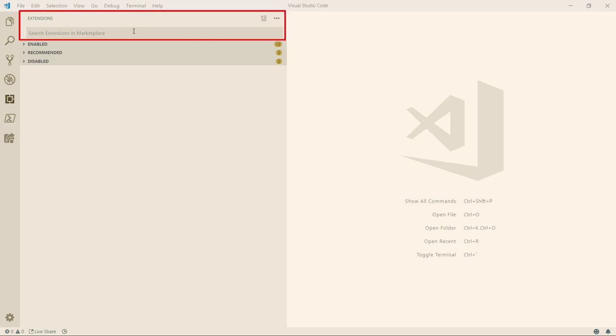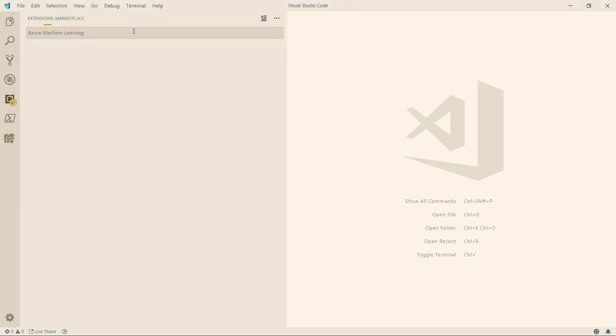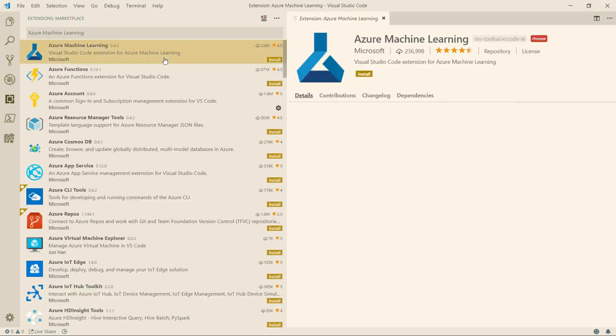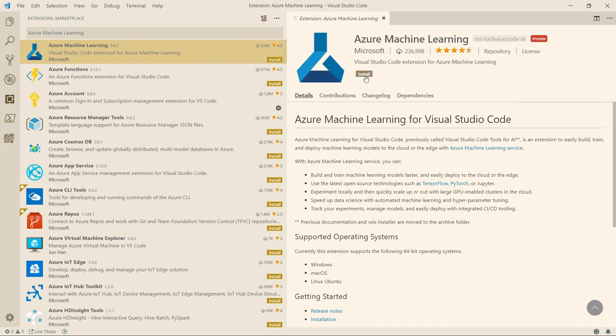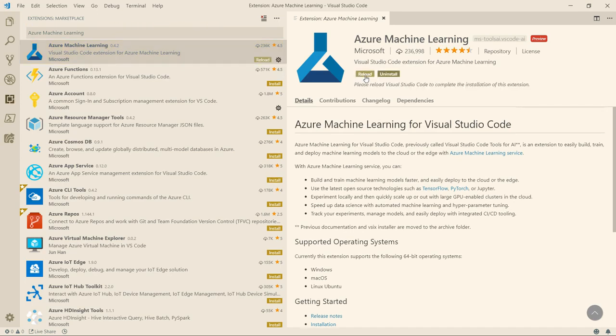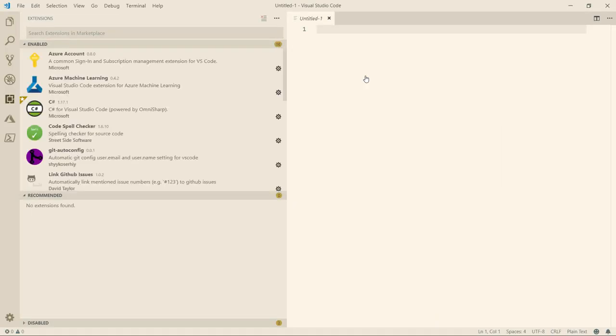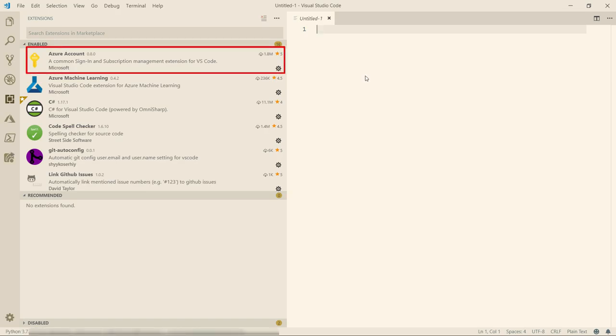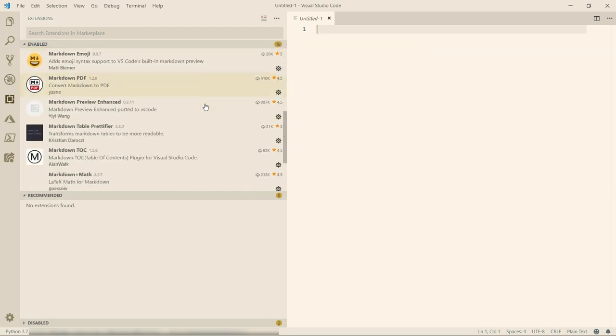Let's go to Extensions and now search for Azure Machine Learning. There it is. Let's click Install and there it goes. This can take a while. And it is done. Now I need to reload Visual Studio Code before we can use the extension. And that's it. The extension also installed the Azure extension and also the Python extension for Visual Studio Code, which